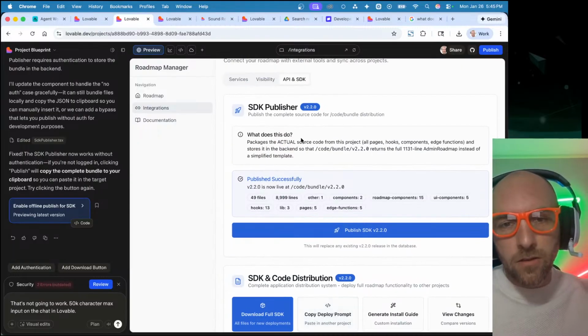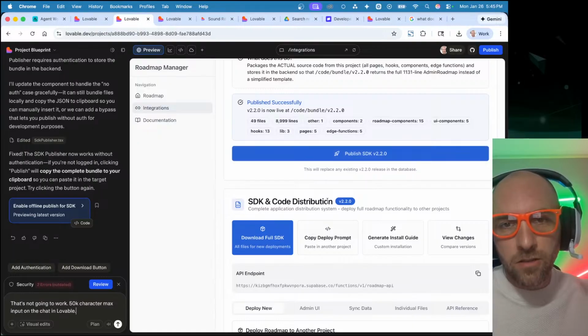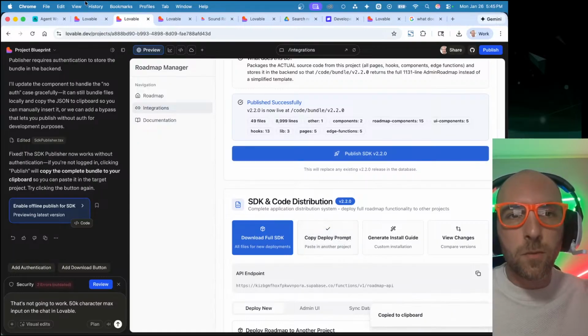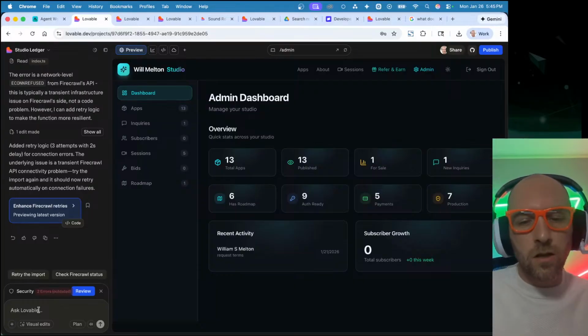And maybe I don't need to actually copy and paste it there. I'm going to just try to copy the deployment again in the way that we had originally done it.